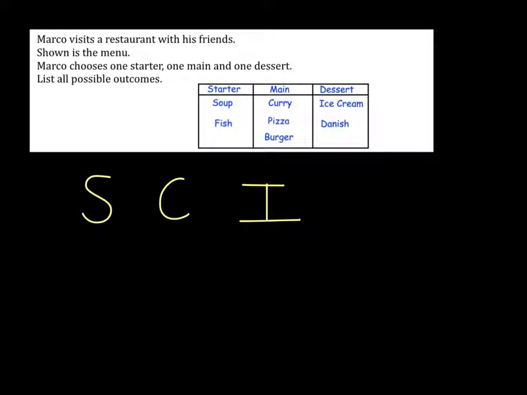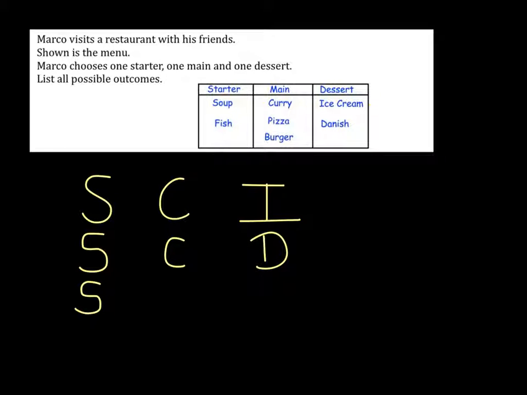So I'm just going from the front row: soup, curry and then ice cream. I'm going to keep everything the same but just change the dessert. So I could have had soup, curry, but then a Danish instead. So I've changed that around. This time I'm going to stay with the soup for my starter to think about all the combinations. I'm going to stay with the soup again, but this time instead of curry,